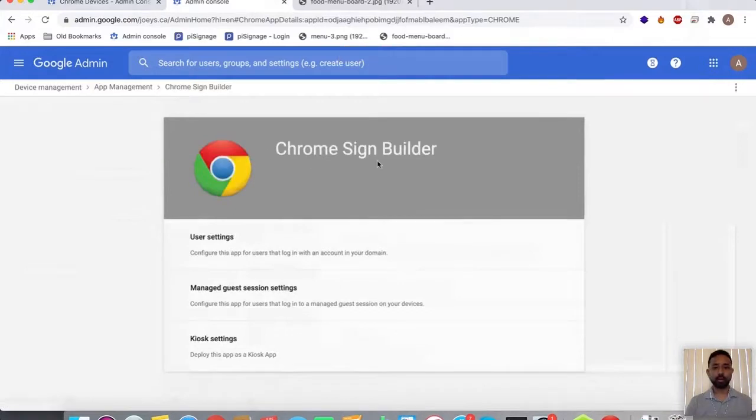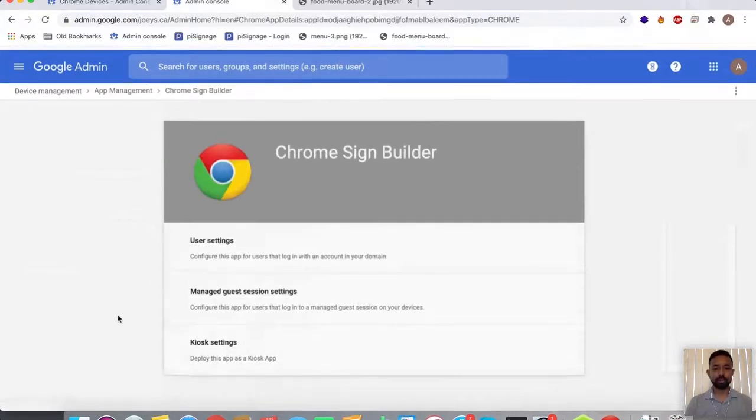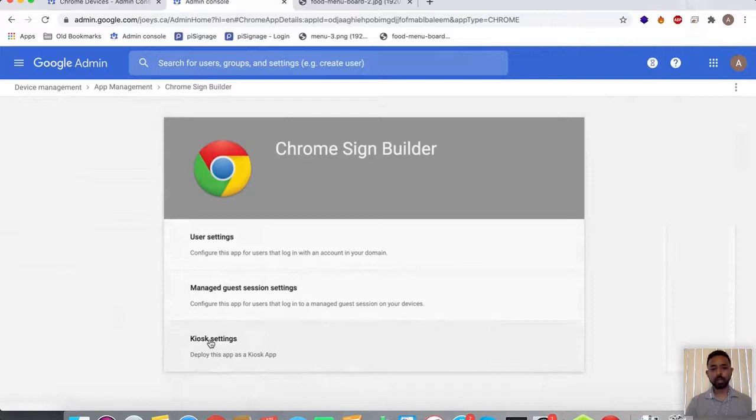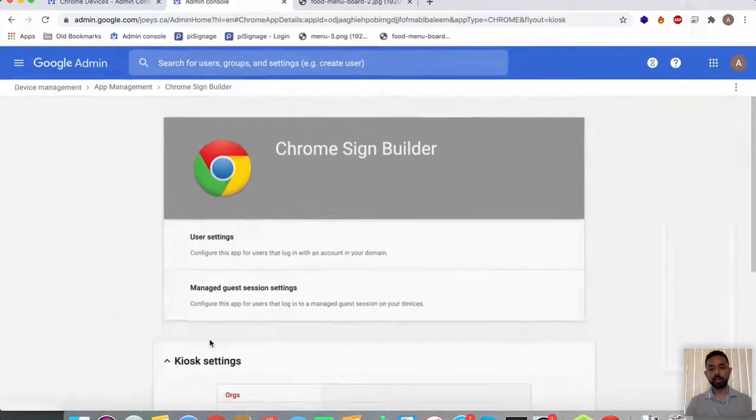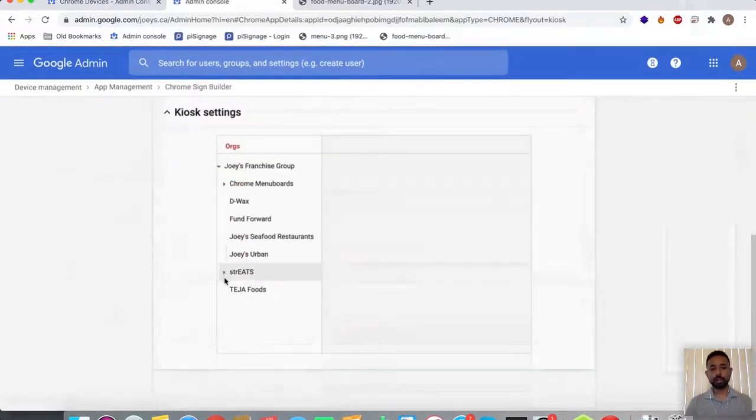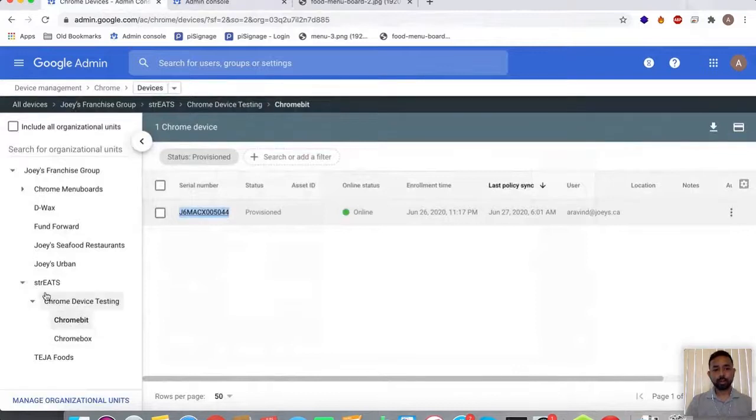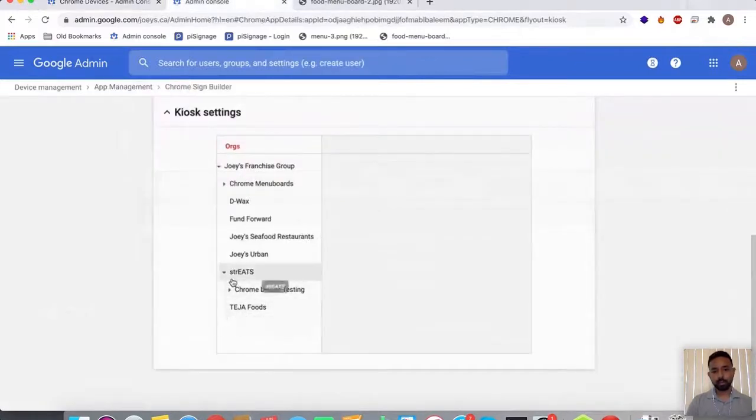Under the Chrome Sign Builder, there is a setting called kiosk settings, because we're going to change the display to use it as a kiosk. Under the organizational unit, it's under Chrome device and Chromebit. So I'm going to use the same thing, Chrome device and Chromebit.